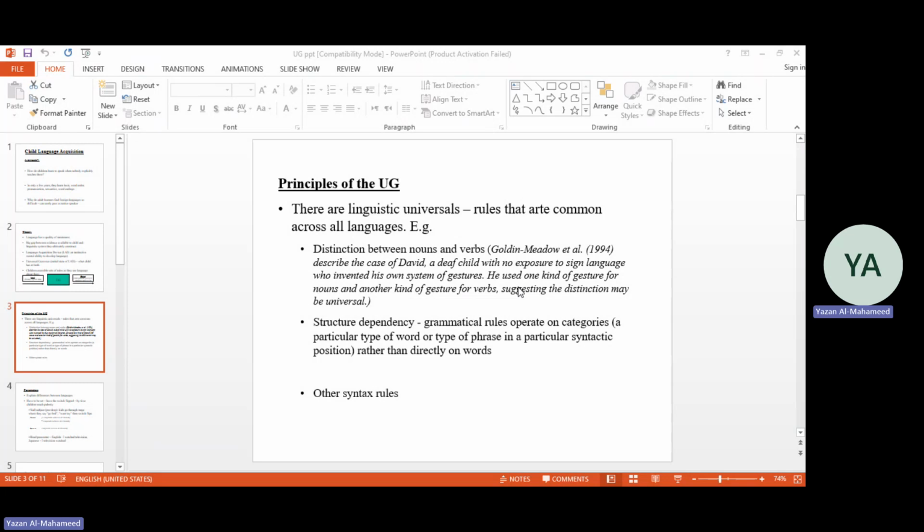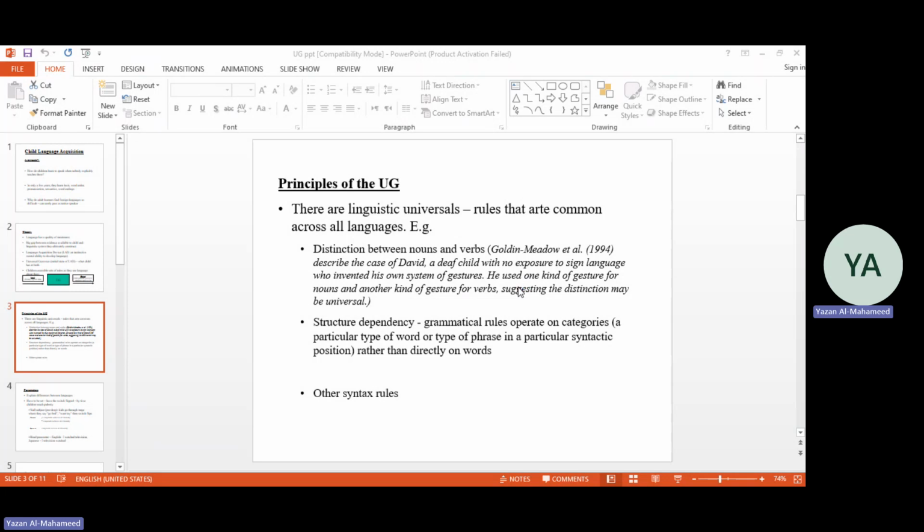So if we would like to define the UG or the universal grammar as defined by Noam Chomsky himself, we would say that the UG is the system of principles, parameters, and conditions, or in other words, the rules that are elements or properties of all languages. Also, we could say that the UG is a specialized module of the brain containing principles underlying all languages.